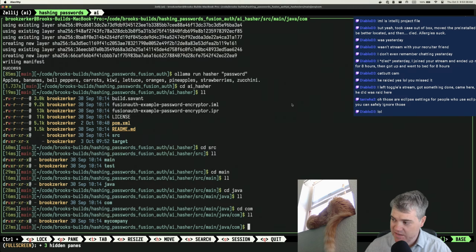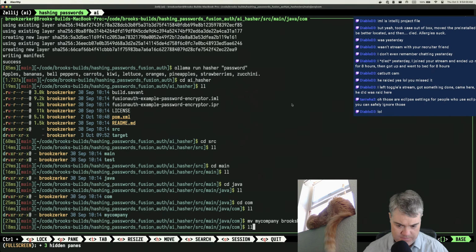Okay, so I don't need any of those things. Cool. That would explain why everything is fine. Is there a problem if I change this up? So we have main, Java, com, company. So if I move my company to Brooks Builds like that,